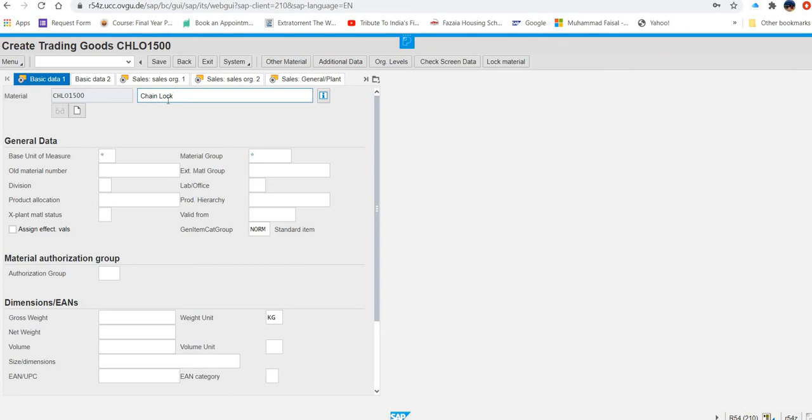In the material group field, select utilities, UTIL. In the material group field, you will select UTIL. You can select also, or you can type also. And EA you have to enter where? Basic unit of measure. Let me check.